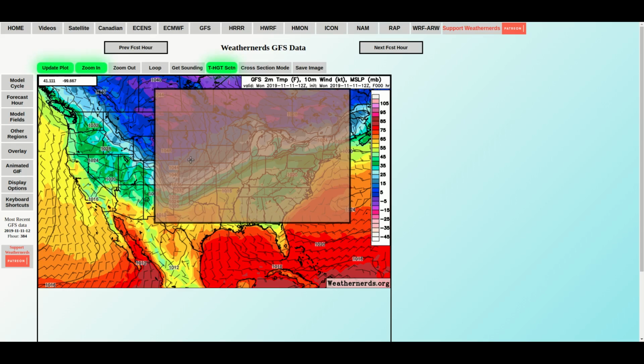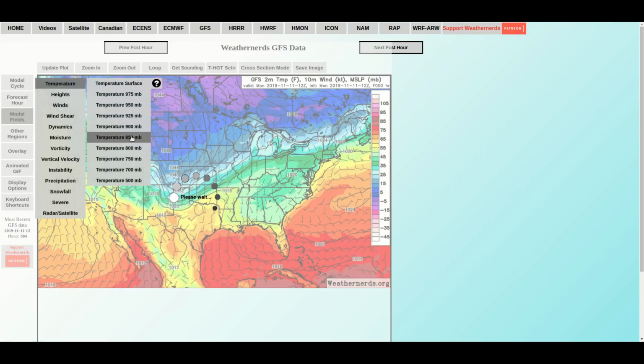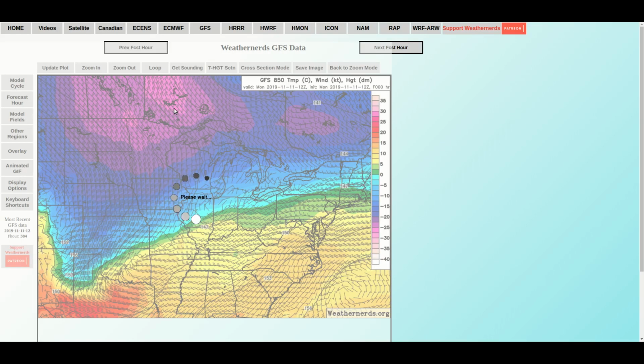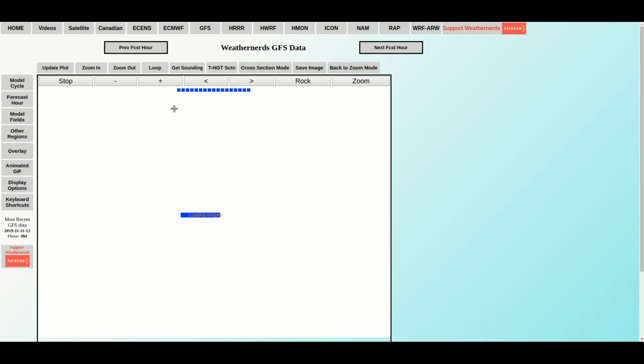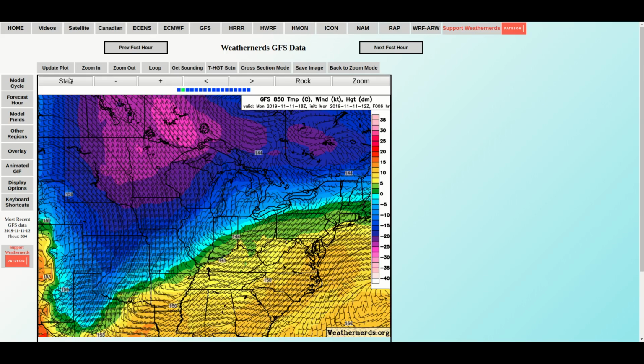So I'll zoom about there, and let's take the 850 temperature. Then we'll go ahead and loop that. This whole event's pretty short term, so we'll only loop out to, we'll make it 4 days. Grab that. Okay. You can see it's November 11 today, so it's quite an impressive Arctic air mass for this time of year